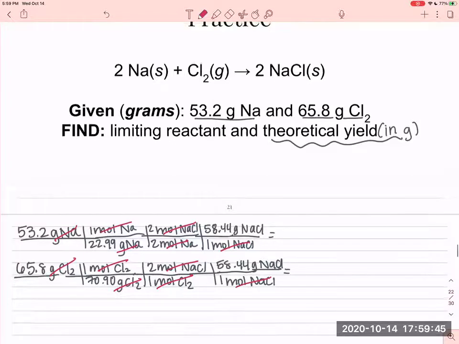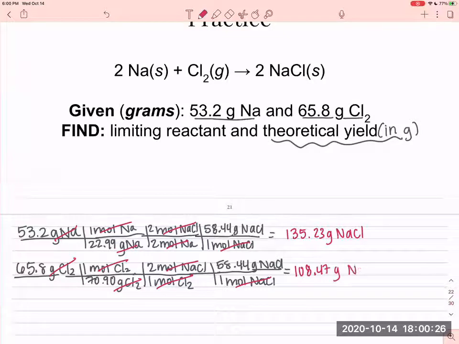I get 135.14. Let me make sure that's correct because I talked while I was typing. That's not right. Okay, hold on. 53.2 times 2.99 times 58.44. 35.23. I got three different things. Okay. All right. 65.8 divided by 70.9 times 2 times 58.44 is